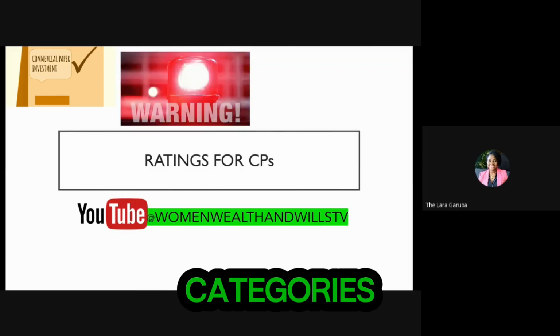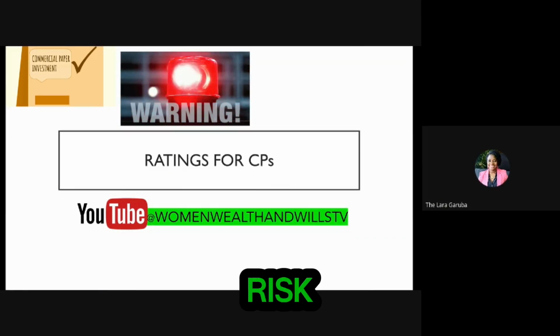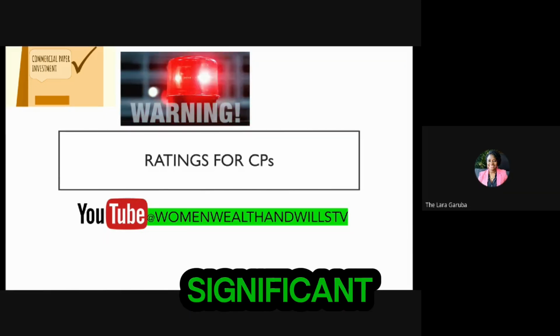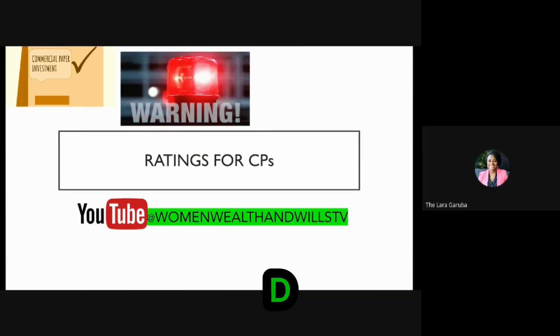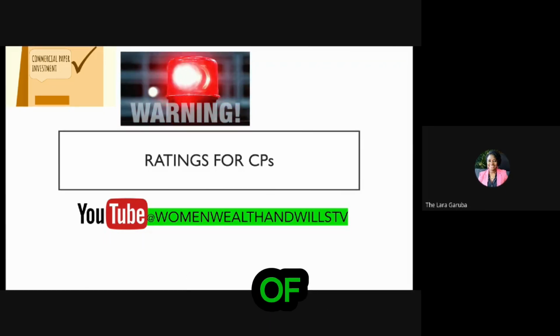Rating categories. Investment grade AAA to A is low default risk. Speculative grade BB to B, higher default risk. High yield CCC to C, significant default risk. Then D, visual as defaulted. So take note of all these ratings so you can make